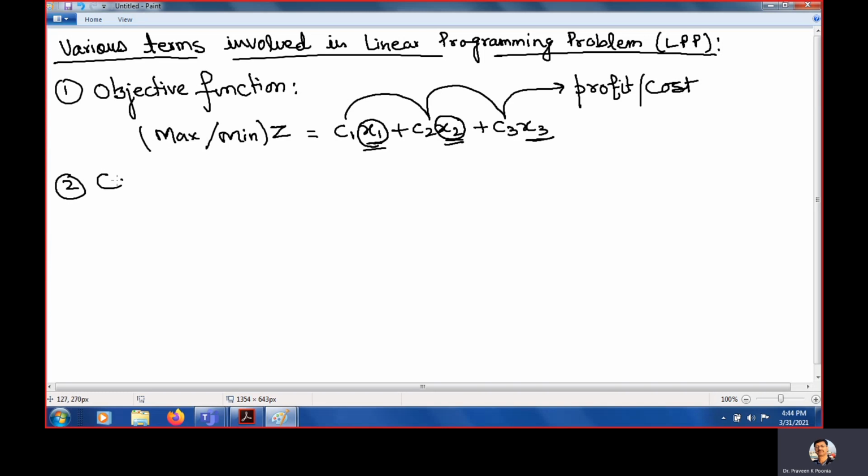Number two, we study constraints. What do you mean by constraints? Constraints means limitations. While we are doing any business, we always have constraints. The best example: in the laptop problem, there was a constraint of money. We have only 1,500 riyals. In the tailoring shop, we have a constraint of days because we need to complete the order in 7 days only.